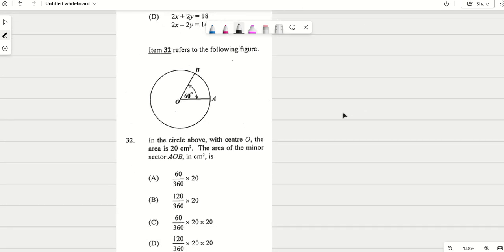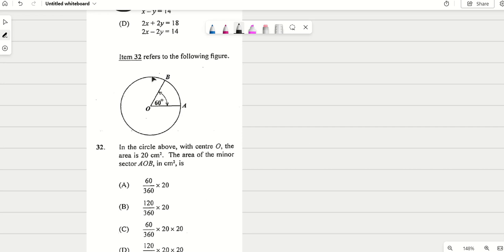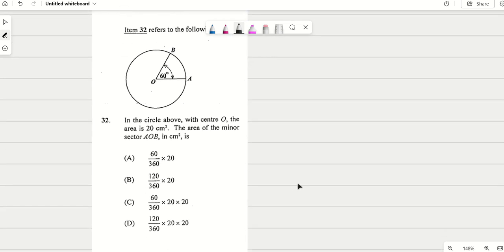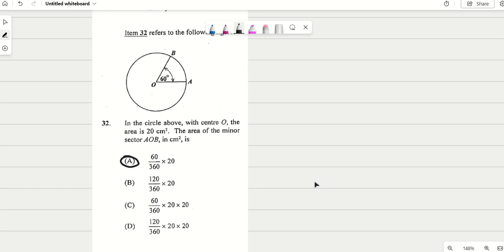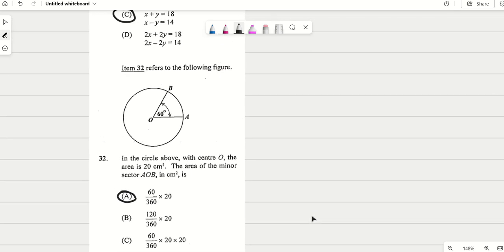Number 32. This one is a repeated question as well. I believe the answer was 60 over 360 multiplied by 20, which is A. Wait, this is for the minor arc? Yes, it is A. So first off, let us say in a circle above the center O, the area is 20